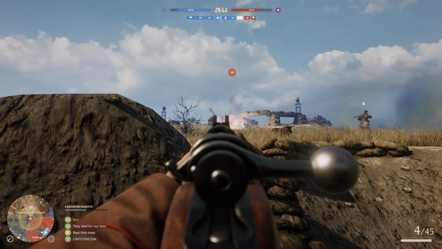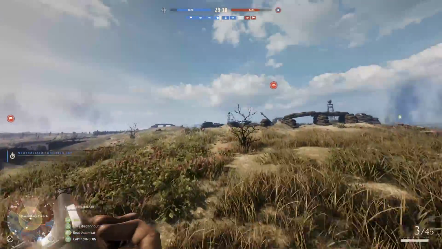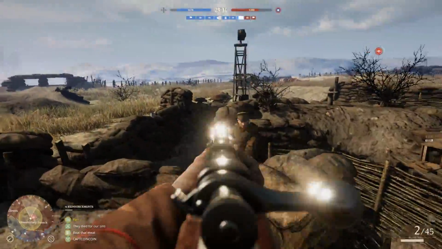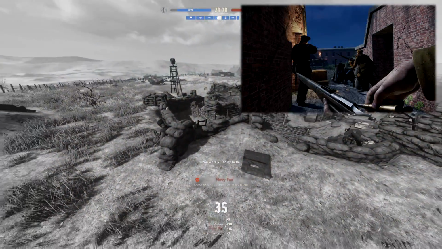maps being relatively large. Tannenberg features 8 maps in the base game, with a new map on its way to coincide with the console release. I'll put an image of that on screen right now, so they are still supporting the game with free content